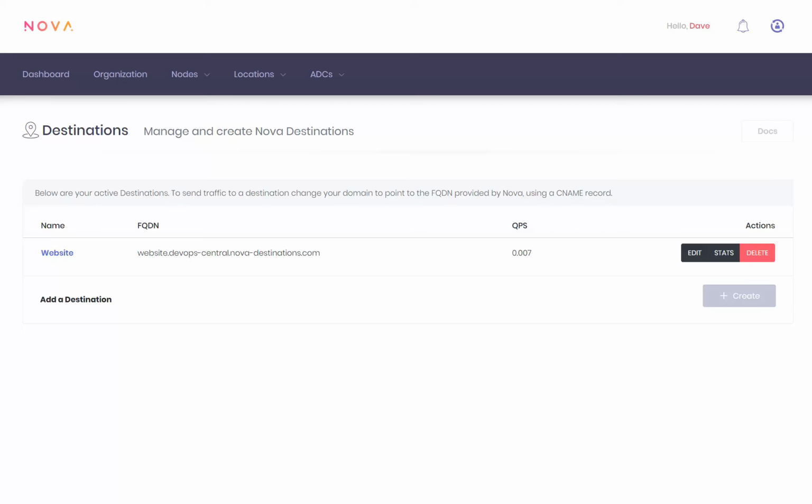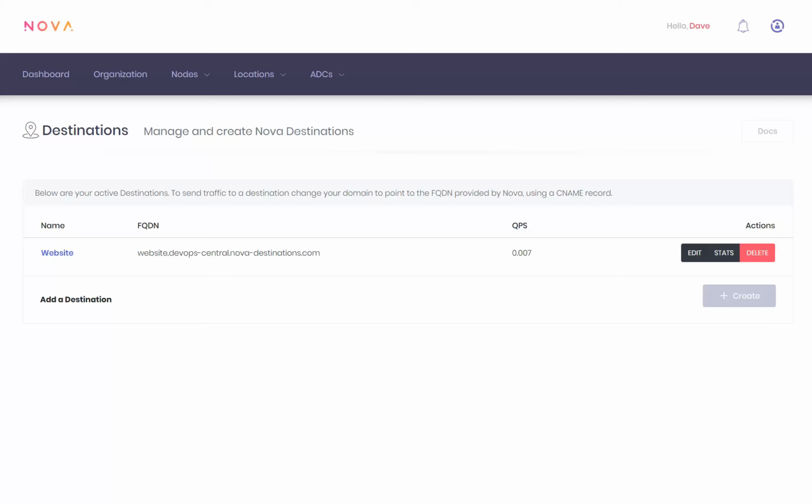Let's have a quick look at using the Nova Destinations feature to send traffic to multiple locations around the globe. Perhaps you have a multi-cloud environment, a disaster recovery or co-location setup, or just multiple availability zones that traffic should go to. Destinations are built on the 100% uptime Nova GSLB network, allowing you to route traffic with intelligent and extremely quick DNS responses. This means that even if you have a full outage at a location, you can migrate